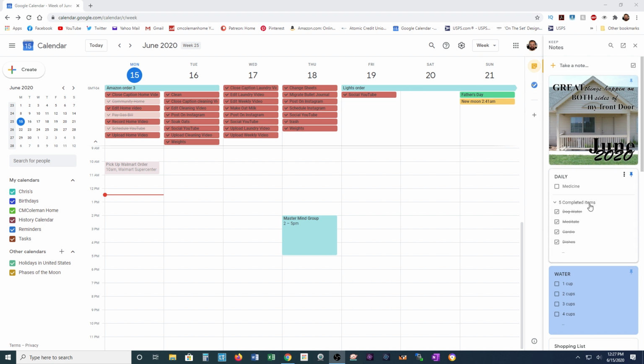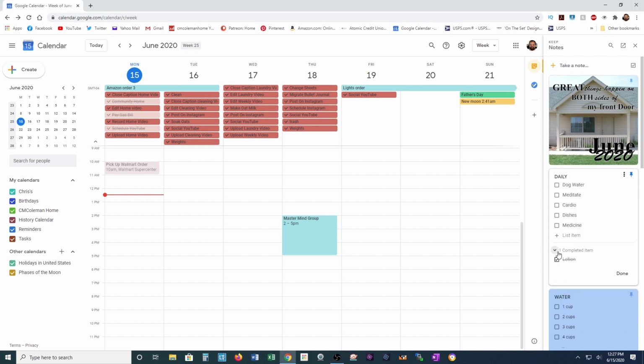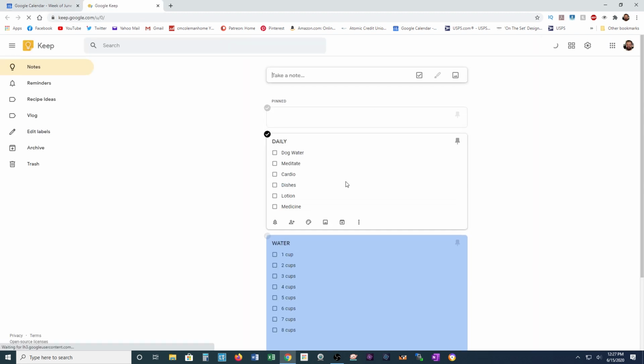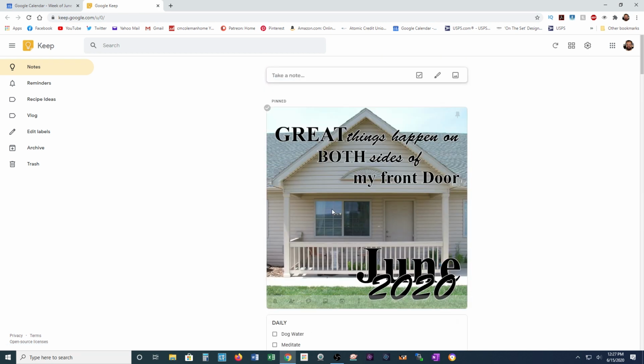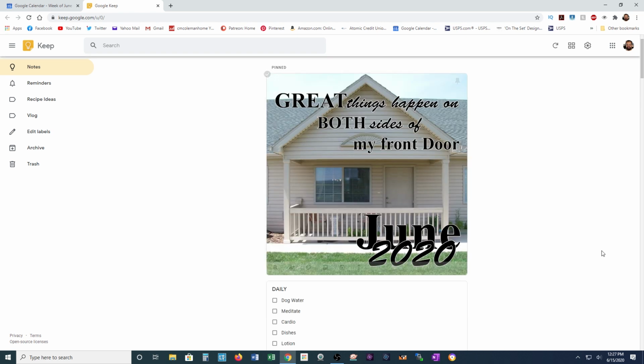Keep Notes are the items that I would do every single day. These things repeat and repeat and repeat. And I will uncheck the ones I've already done. Alright, so I can even go into Keep Notes itself, and there you see it. So there's my big header, and the cool part about this is I don't have to be an artist. That's literally just a picture, and then I put in my quote for the month,